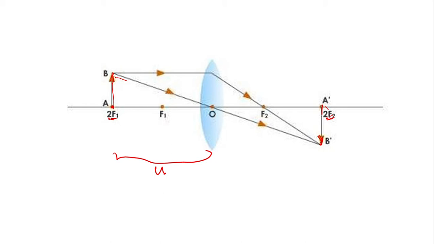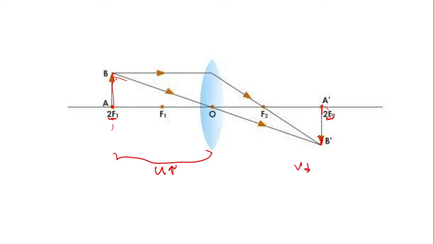Now in our experiments, we'll be increasing it. Your object needle will be at 0, and then we'll shift our lens, say to 2f, then again by 10, then 2f plus 10, 2f plus 20, and so on. So we'll be increasing u. u will keep on increasing, and we notice that v is decreasing. Now with the ray diagram, we'll try to understand this.